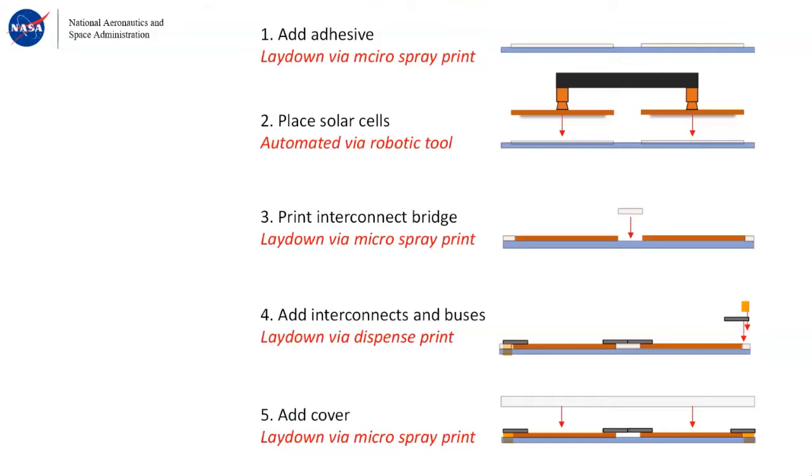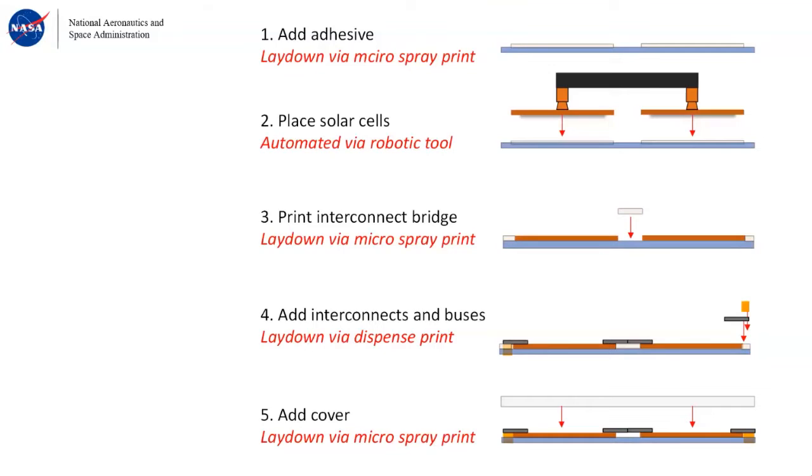And I can't say too much more than that, as there's some proprietary processing going on there through one of our contractors. But let me leave it at that, and we can discuss that more offline. The next thing we do is we print an interconnect bridge, okay? And so that bridge actually seals the edges of the cells to make sure we don't get wicking on any subsequent steps, and gives us a nice, even surface to then print